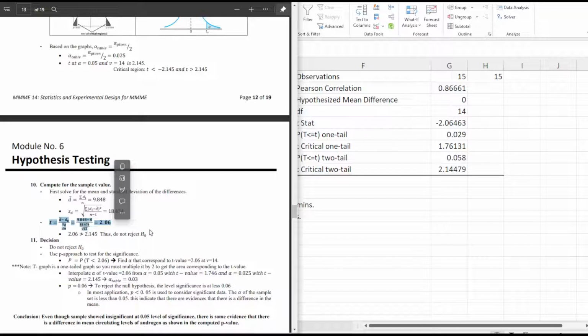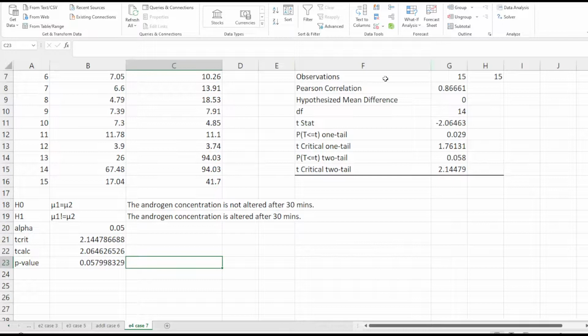Pero, will not be doing that anymore. No? You can just try to do it on your own. If you opt to use the manual method or the long method, pwede itong short method na lang yung gamitin natin. Okay? So, p-value, there's also another way of solving p-value. No? Pwede actually ang gamitin natin is